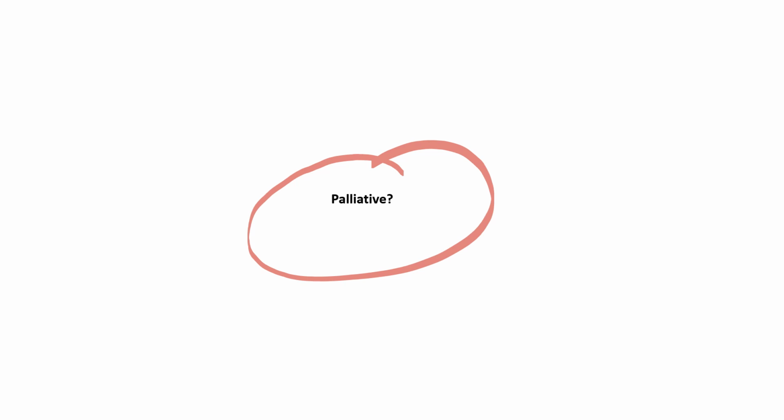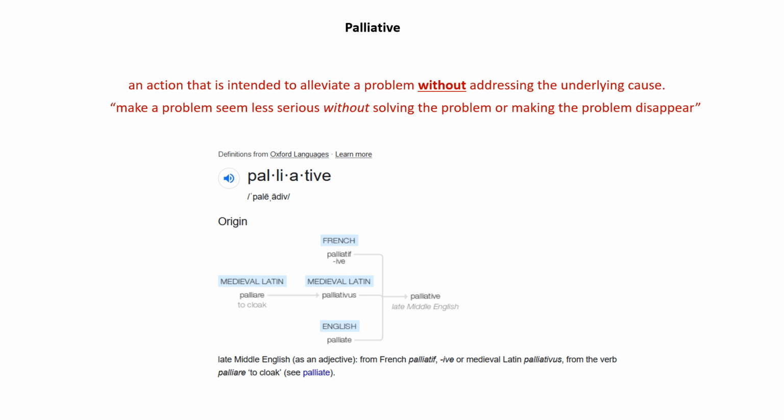So let's go over what palliative precisely means in the term palliative management. The modern connotation or meaning of palliative in palliative management is the following. A palliative act is an action that is intended to alleviate a problem without addressing the underlying cause. In other words, palliative acts are acts which make a problem seem less serious without solving the problem or making